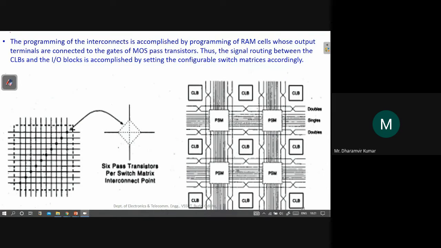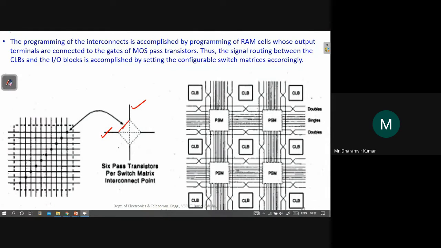At the junction of each vertical and horizontal wire, we have this kind of structure, which makes it programmable. Suppose I want to connect this one with this one; we can connect them with the help of this line.